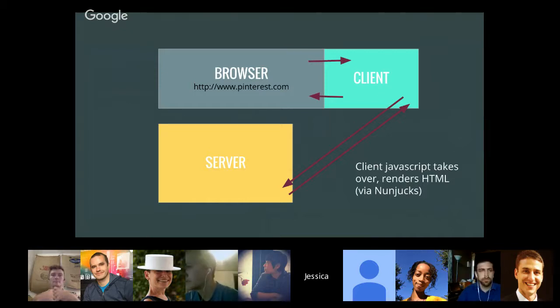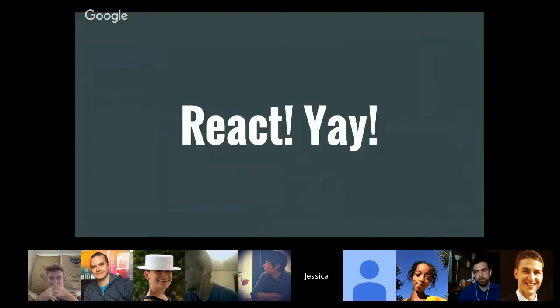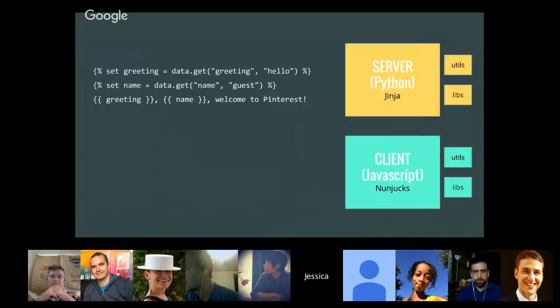Well, Pinterest and our platform are really interested in new technology. Right now we're running the client's application on Backbone. We have Django on the server side. We have Jinja and Nunjucks. Great. However, we heard about this really cool technology called React, and we want to move to it. We've weighed a lot of the pros and cons and decided, yay, React is totally the way to go. Let's go.